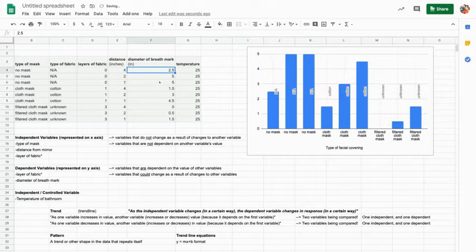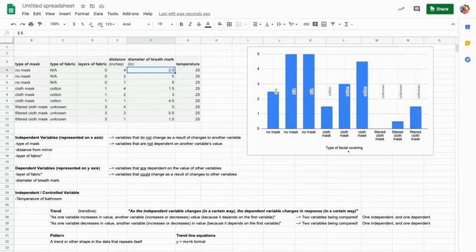Okay, so that's important to keep in mind. I just undid that in case you're wondering how it happened so fast. So what we need to do is make sure that our x-axis has something numerical on it. So let's think about, maybe instead of type of facial covering,